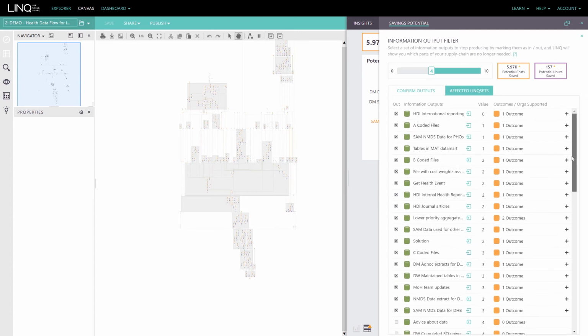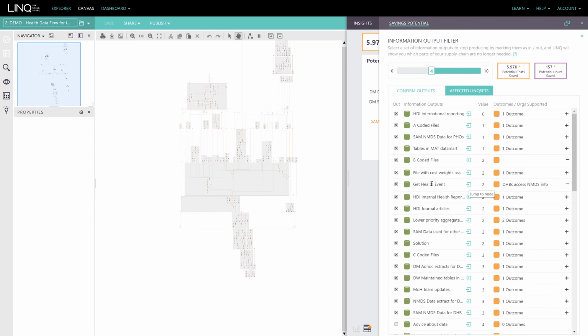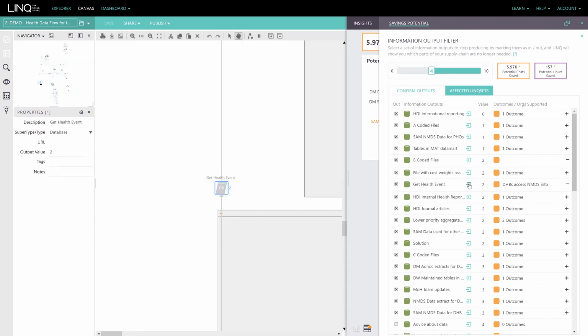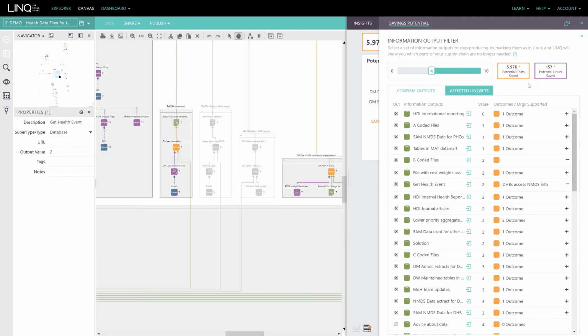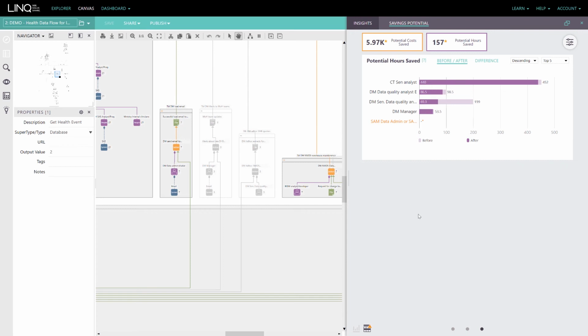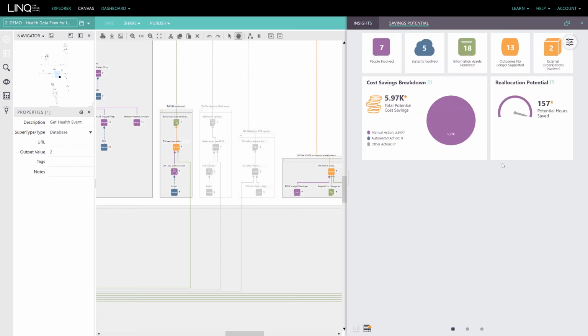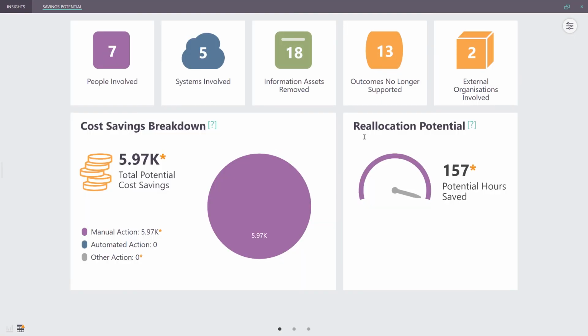Now, to double check these, we can go straight to that event by clicking on the Jump to Node button. Up the top here, you can also see a very quick representation of the potential costs saved and the potential hours saved. So now if we shut the output filter, we then go into our dashboard and our cards. You can really quickly see, and let's go to full screen to make it a little bit more obvious, that we have deselected the tasks and the outputs that we no